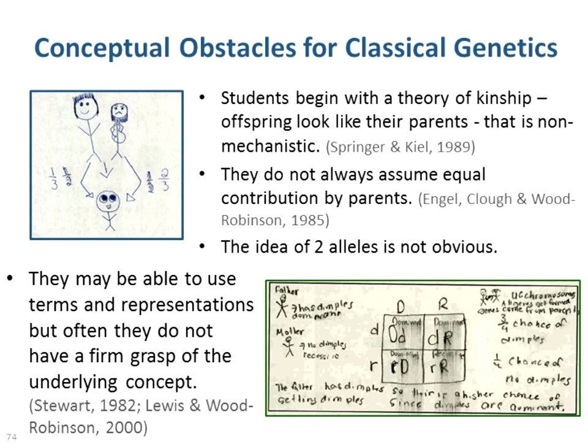They do not always assume equal contribution by parents. If you look at this little drawing here, it kind of said half and half, and then I don't know why this child crossed it out, but then it said a third and 2/3. This is actually quite common. The mother is pregnant, because the baby develops in the womb, there's this assumption that the mother contributes more. There's also an assumption oftentimes that mothers contribute more to girls and fathers contribute more to boys, because for the most part, girls look like their mothers and boys look like their fathers in some core physical attributes. So it's reasonable where these come from.